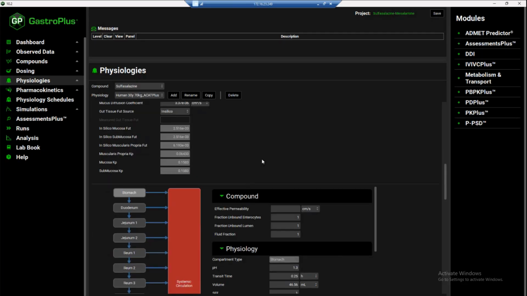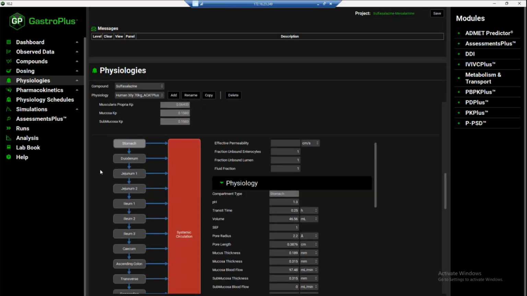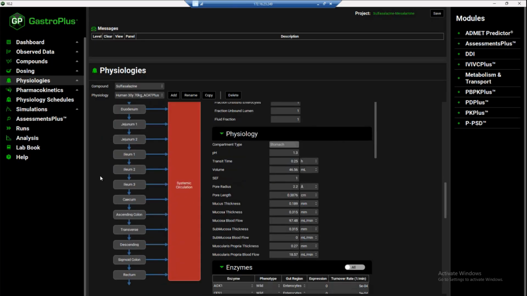And if you scroll down again a little bit, you will indeed see that you have the extra colon segment present here. So you will find the transverse, descending, and sigmoid colon, as well as the rectum. If you again scroll down,